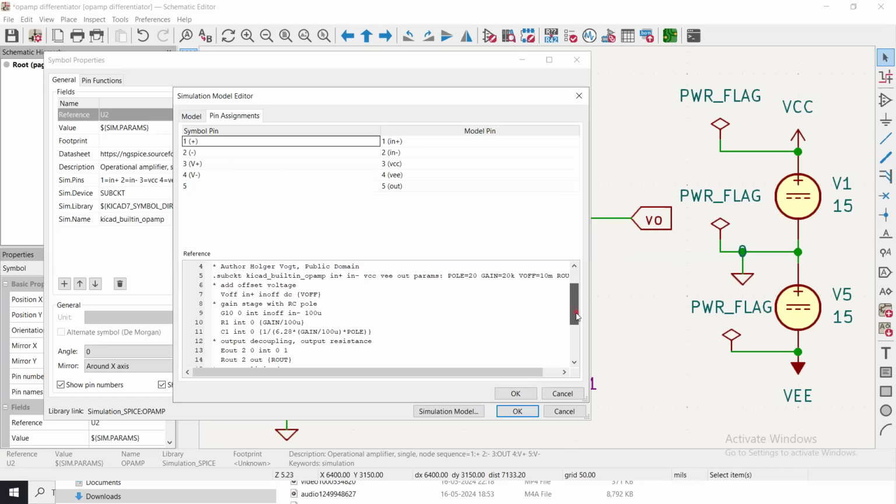There are resistors, capacitors, output decoupling. Again, this is the dependent source. This is the output resistance. And this is all those things. Finally, you have diode